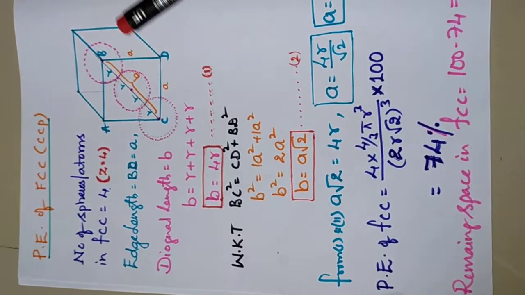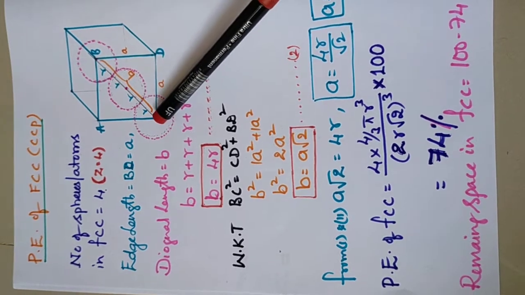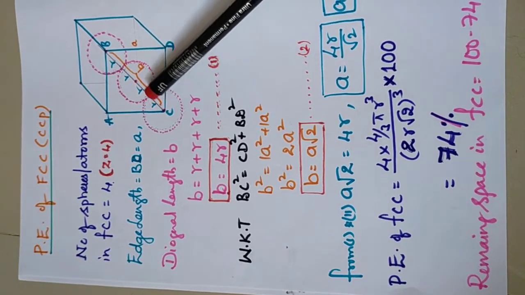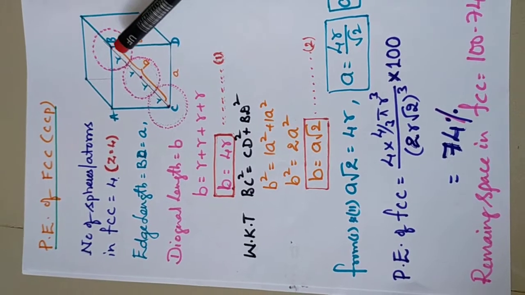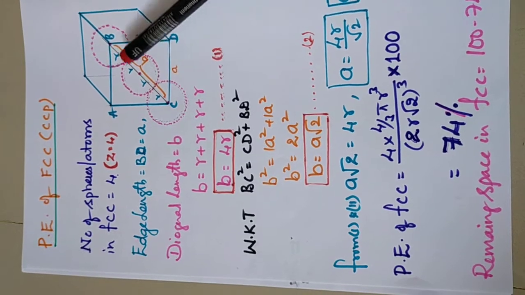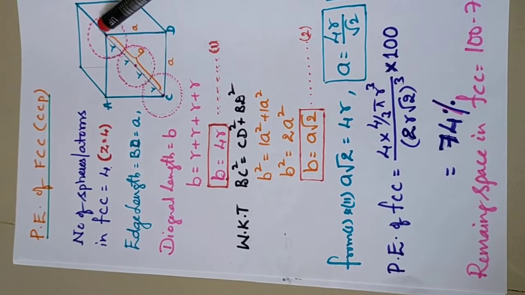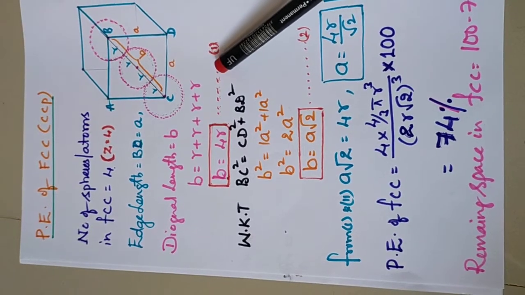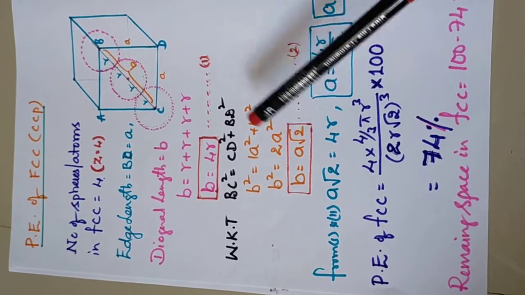And here, edge length BC is equal to how much? Observe, how many circles are there? 3 circles are there, but half of the circle is radius. Here radius 2, here radius 1, here radius 1, and BC is equal to A. Then BC is equal to what? Here BD is equal to A, and BC is equal to 4R. So B is equal to R plus R, B is equal to 4R. Then compare the values here. B is equal to 4R. Another B value will come to us in a second.